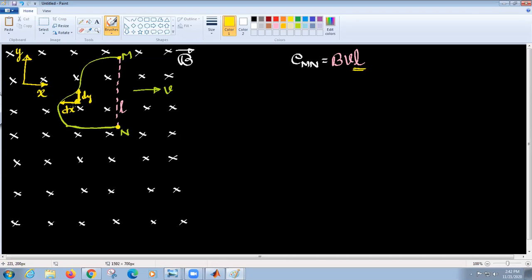Now tell me who will contribute to the induced EMF, dx or dy? dy, sir. Dy, that's it. So I have a dx component and also a dy component. This one is not contributing anything to the induced EMF, whereas this one is moving forward and can contribute to the induced EMF.